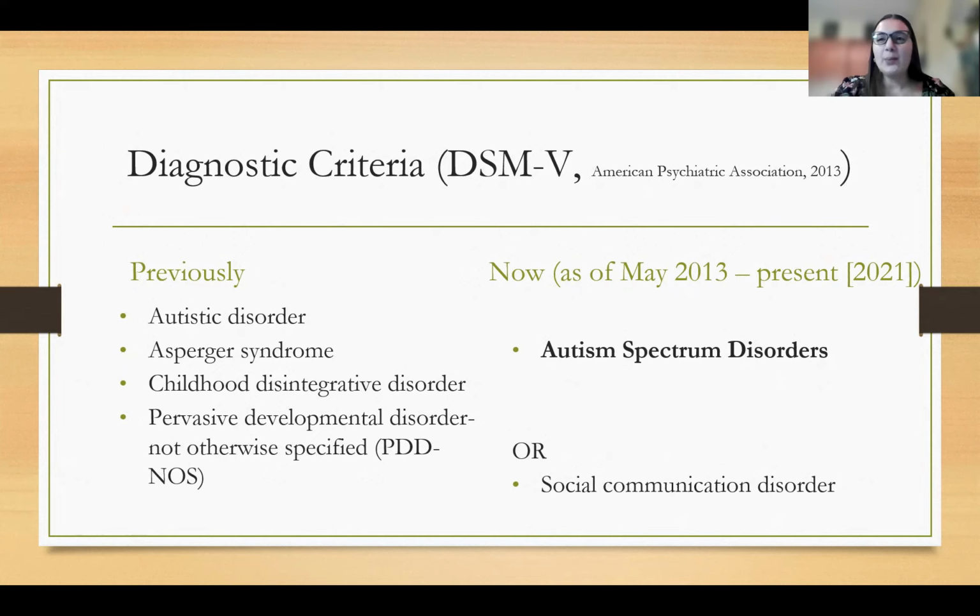So I just want to preface this presentation by saying we're looking at the Diagnostic and Statistical Manual criteria. So I will be giving specific criteria for autism spectrum disorders in kind of that medical deficit model, but we also want to look more at the social model. I go more in depth than that in some of the other videos through our office.